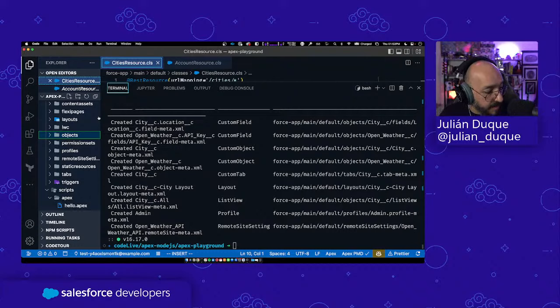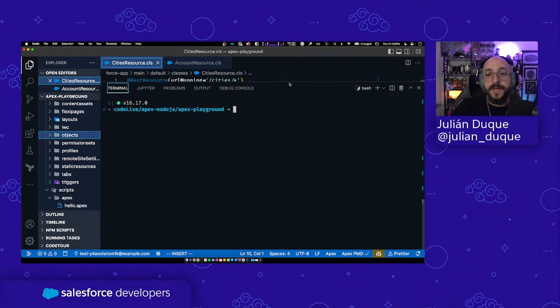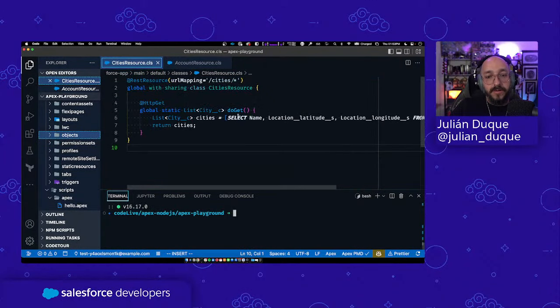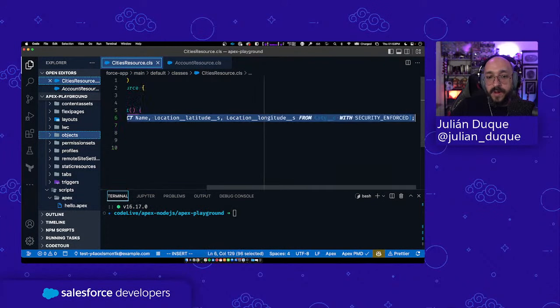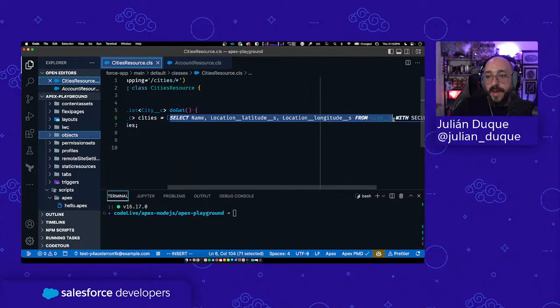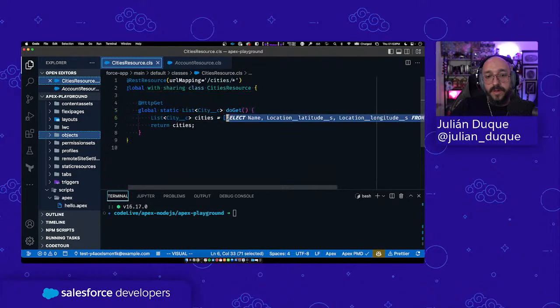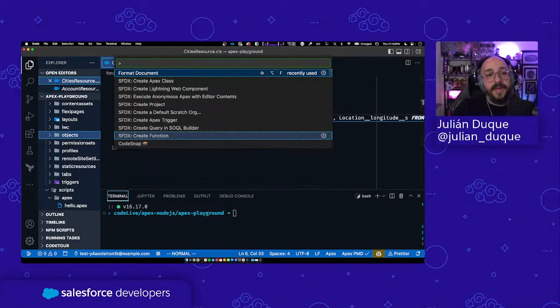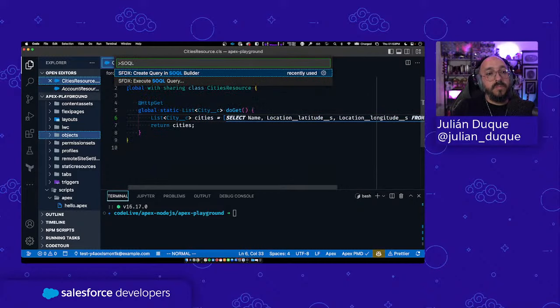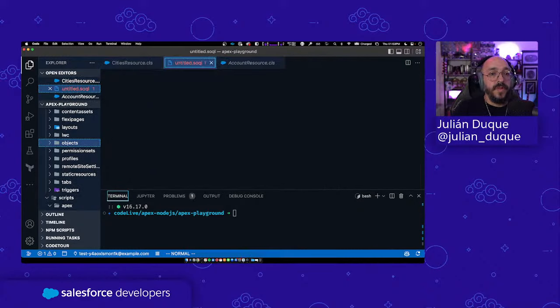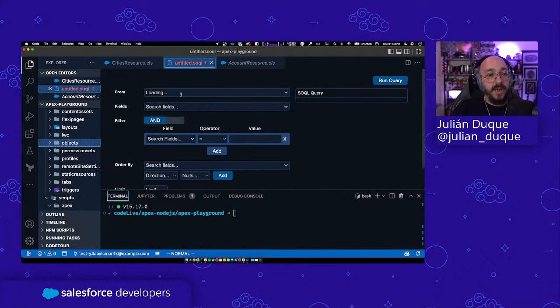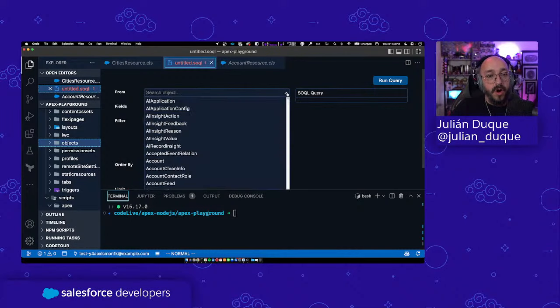Okay, we have some questions here. Can you use the built-in SOQL plugin? I can use the built-in SOQL plugin, of course. So let me take this query and I will show you in Visual Studio Code. We have the SOQL builder. So we can create a query in the SOQL builder. This is going to connect to my org. I can search for an object,